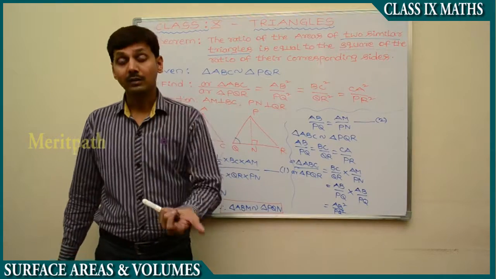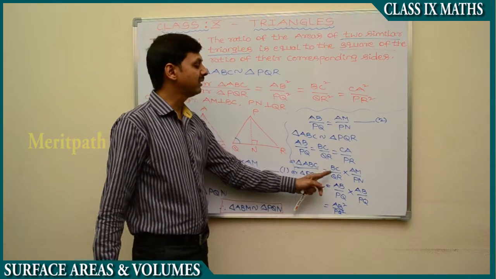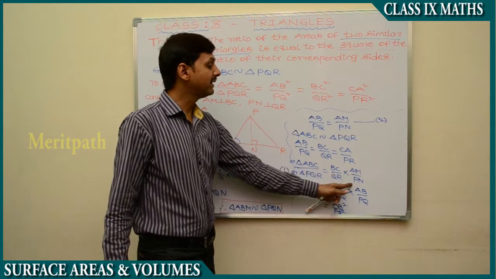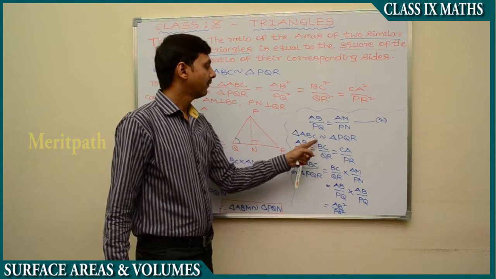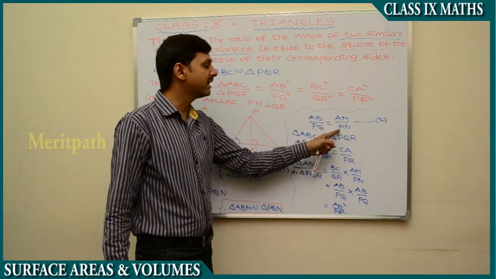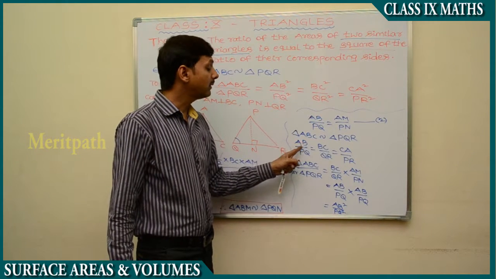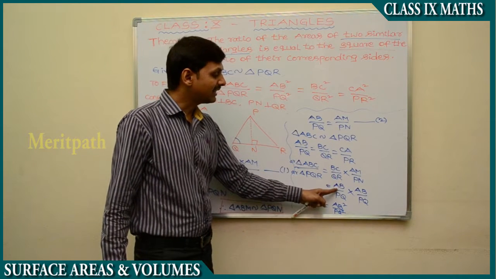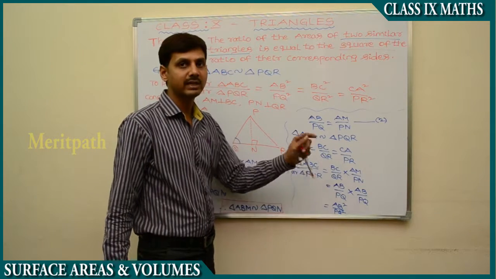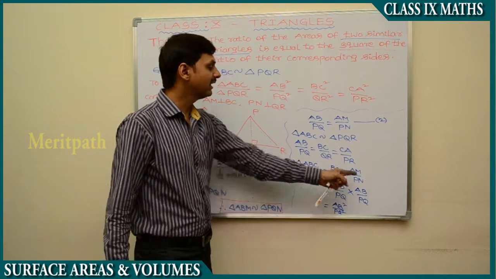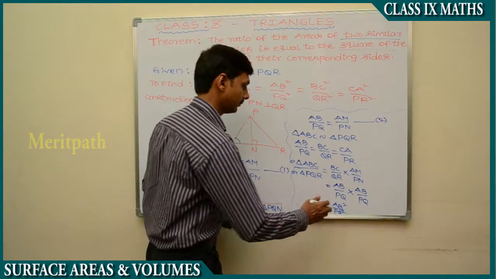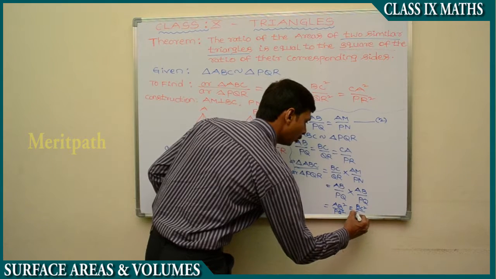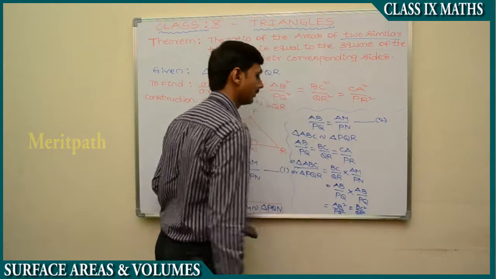To get the other sides, let's take this BC place. Let's write this BC the same as it is, and in the place of AM by PN we can take BC by QR, because AM by PN is equal to AB by PQ, and AB by PQ is equal to BC by QR. So we write this the same as it is, and in this place take BC by QR, then we get BC squared by QR squared.